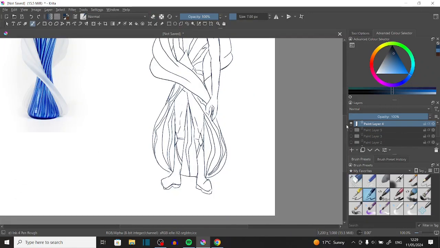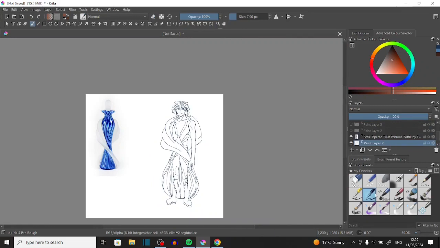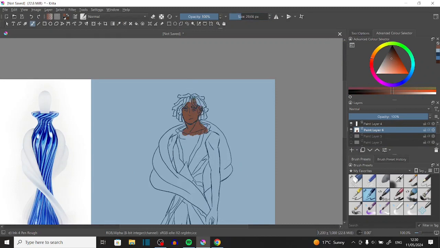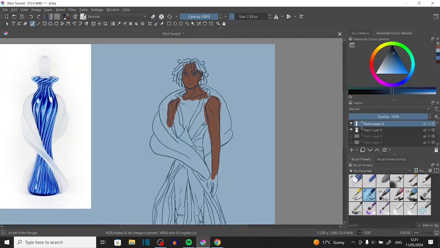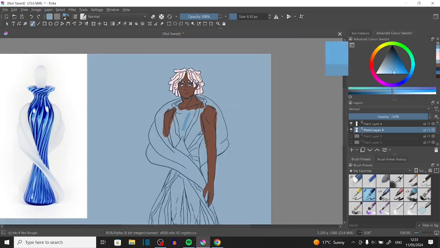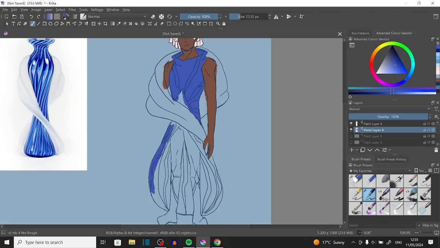Also, if you're wondering if it was the window that made me have to do this voiceover, it wasn't. My window is currently open still. I just didn't talk. And also the pen for my display tablet died halfway through, so I had to connect it to my laptop. So I wasn't able to record the audio at the same time as me drawing. Also because sometimes when I'm drawing, I forget that I'm supposed to be talking. So I also actually didn't do a whole lot of talking in this video.